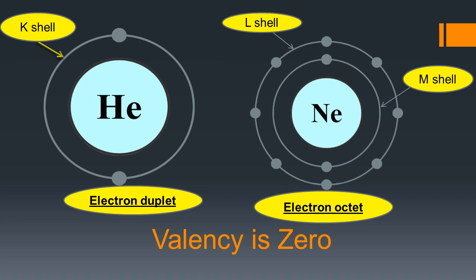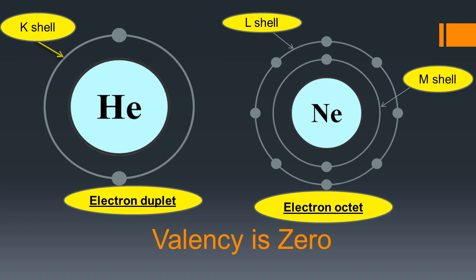Now students, the helium atom contains 2 electrons which are accommodated in the first shell. You can see in the K shell, the helium atom contains 2 electrons. Helium has only one K shell, right students, that contains 2 electrons, and the same is also the outermost shell. The electron capacity of the K shell is 2. This indicates that the outermost shell of helium is completely filled,